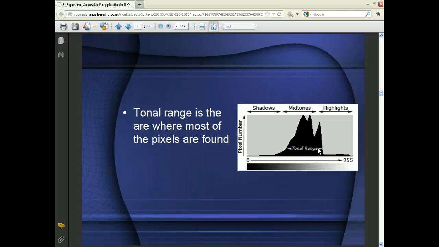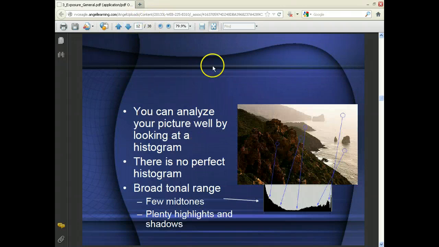Most of your cameras actually have facial recognition built into them. So most of your cameras do a pretty good job today of getting tonal ranges fairly well. Okay? You can judge your picture well by looking at the histogram. There's no perfect histogram. This picture actually shows you the breakdown of the histogram,